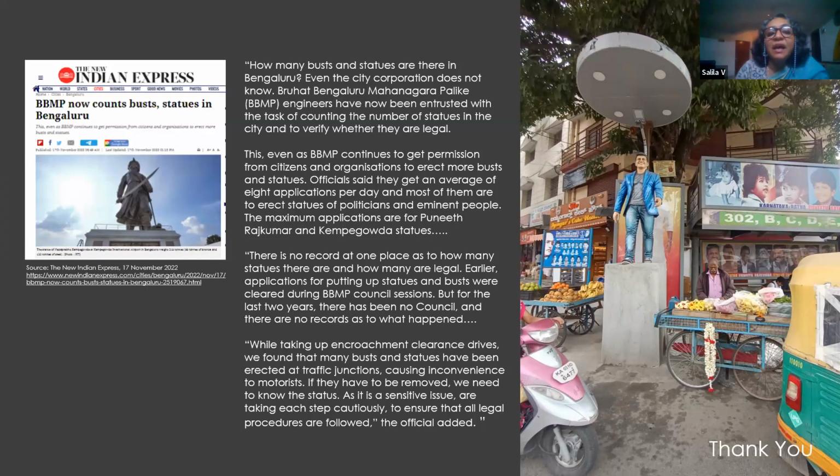Officials said they get an average of 8 applications per day, and most of these are for statues of politicians and eminent people. In the wake of the unexpected demise of Puneet Rajkumar, whose statue you see to the right here in Kallappa Circle in Kamanhalli,